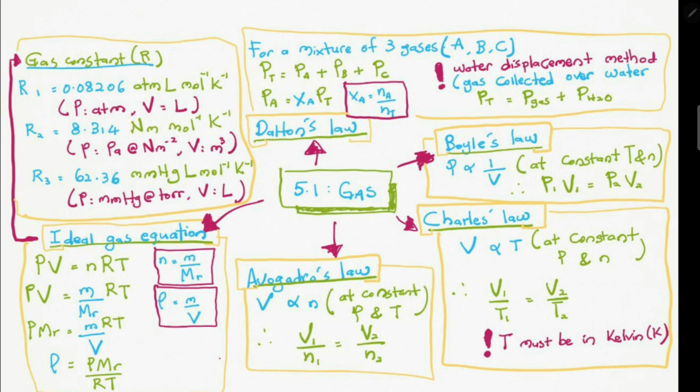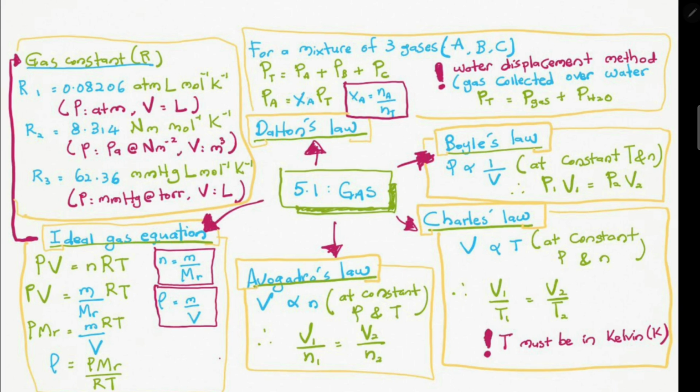The last one we have is Dalton's law of partial pressure. If we have a mixture of three gases A, B and C, the total pressure of the gas in the container is equal to the sum of the partial pressure of each gas. So we use the formula P total equals partial pressure of A plus partial pressure of B plus partial pressure of C. Then we have another formula where PA, or partial pressure of A, is equal to